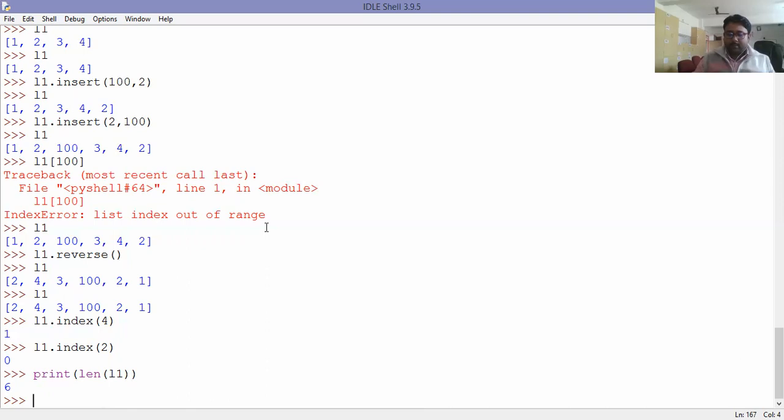Now the next is sorting. The sort method is used to sort the elements in ascending, that is increasing order, or decreasing order. By default, it will sort in increasing order. But it will not create a new list, students. It will sort on the same list. So if I try to sort it, sort is the function name, L1 dot sort.